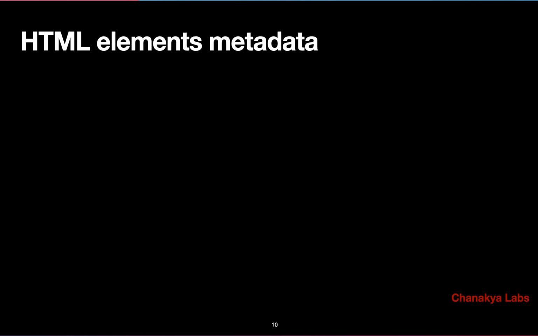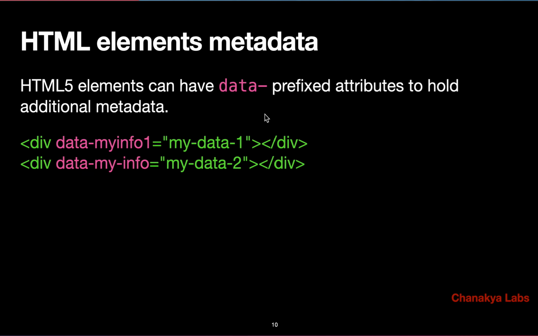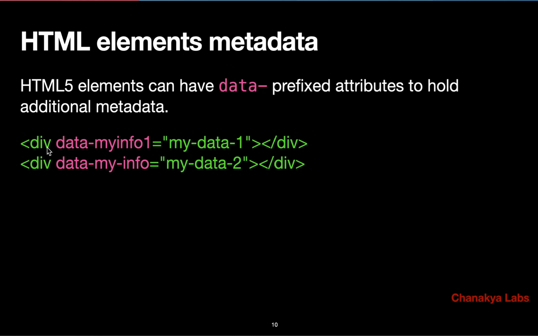Now one thing I wanted to show you is that HTML elements can have some metadata. For example, you can put attributes with a data hyphen prefix. Let's say I have a div. In that, if I put something like data hyphen my info 1 is equal to this thing, then